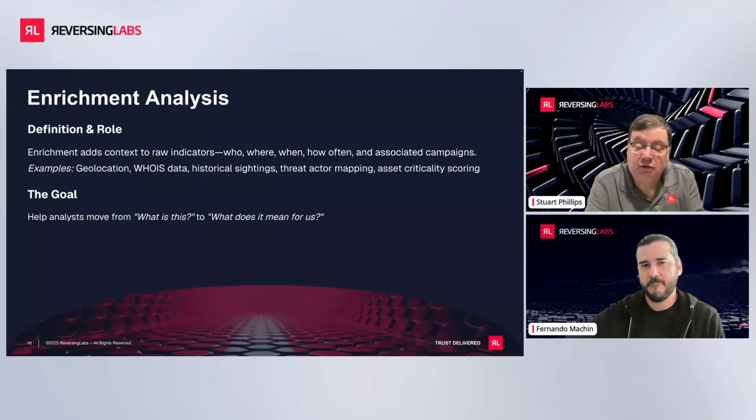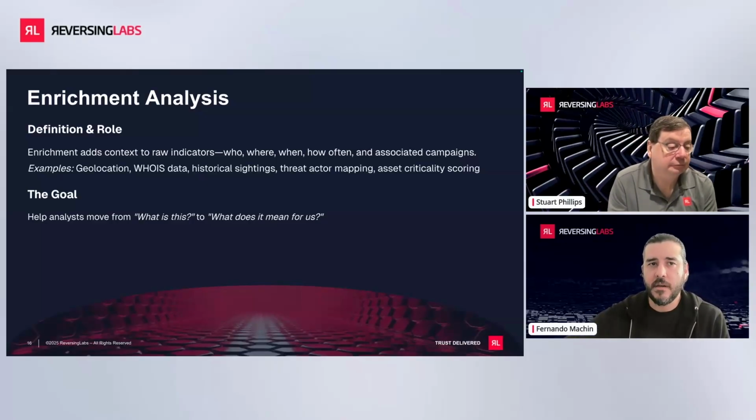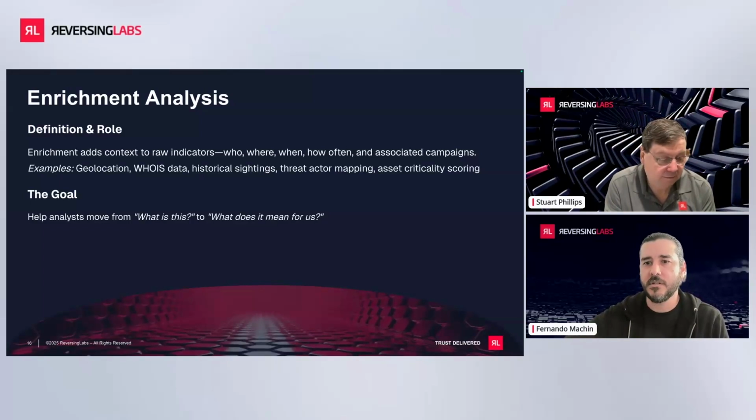And again, we talk about this a lot, right? What does this mean for us? How do you think that fits, Fernando? Yeah, I think this is a transition from identification to meaning. I think this is a transition from data to intelligence, right? So when you're looking at the different levels of intelligence that you have, tactical, operational, strategic, this is how you get from tactical to operational to strategic to exactly understand how this affects your organization. Is this a campaign that's targeting you, right? Is this a specific threat actor that's targeting you? How does that identify what is happening and how you can continue to defend and actively generate a posture against it?